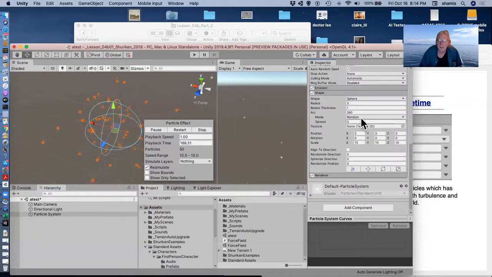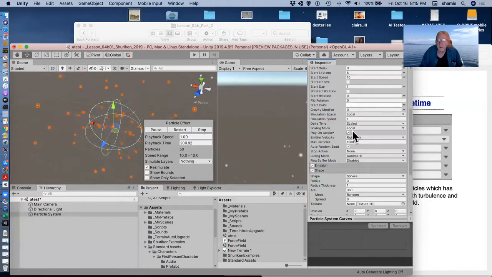This is one of the settings that we have in the shape, whether they are aligned to the direction of the object, whether they're random in direction, whether we've made them spherical, or if we are randomizing the direction. So all of these settings affect the velocity that the particles will come out with, the velocity vector that they'll come out with. I'll add a module here,